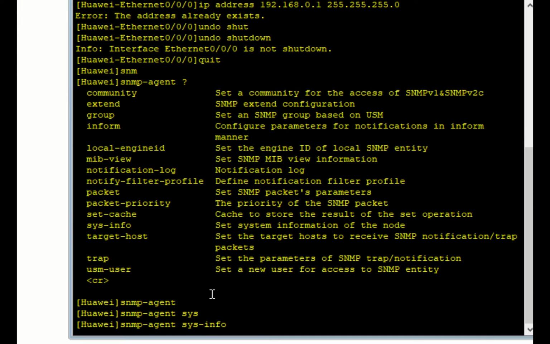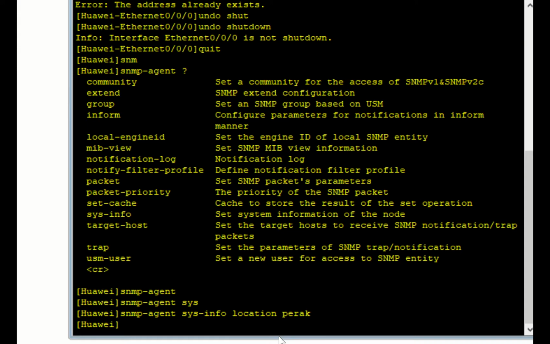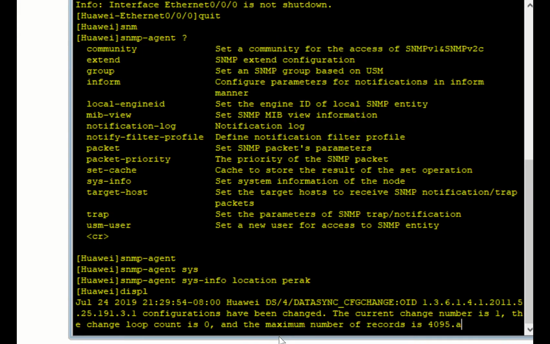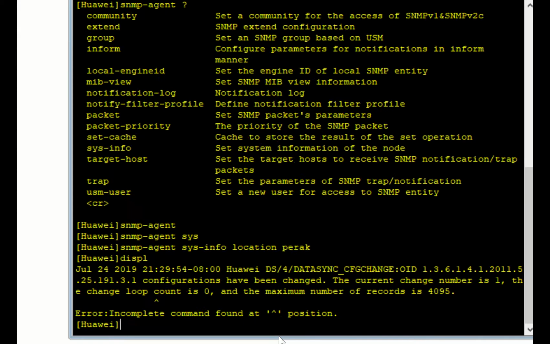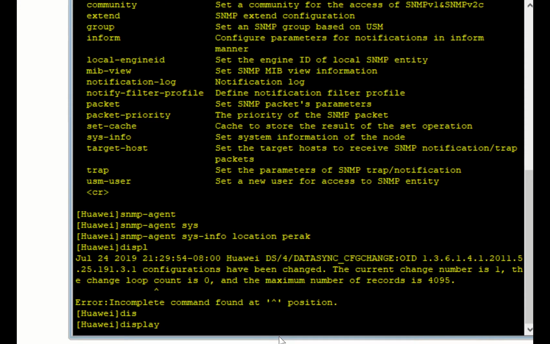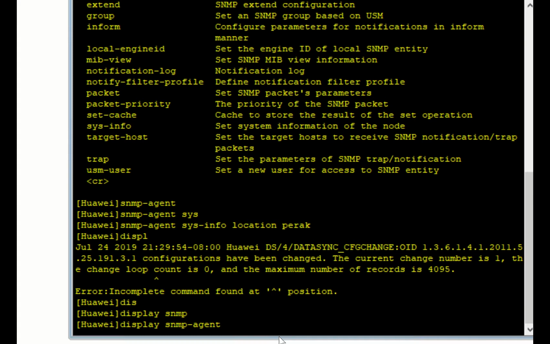So this is a system info. Yeah, SNMP agent system info. We update our location to Perak. Okay, that's how we update the location to Perak. The next, we will display SNMP agent